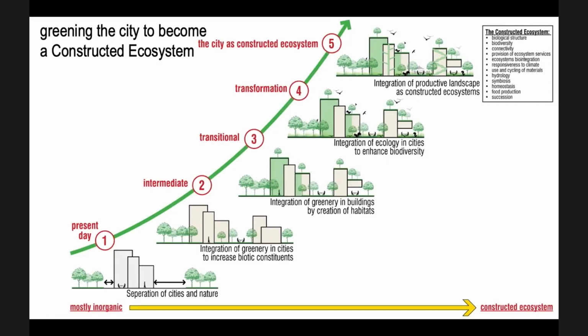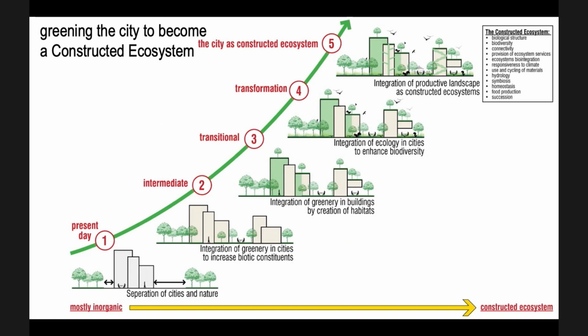Now, this, if you like, is a diagram of a progression of what we could do to green our city. Okay, we start with the city, as you can see, number one, which is barren, almost devoid of any vegetation, although there are some green areas, as I mentioned earlier on. Second, we start with plants. We start to increase the planting into the built environment. That's what they're doing in many cities today, which is what we're doing in Singapore today, for instance. And that is to try and integrate it into a greater, better, tighter relationship between the vegetation and the built environment.